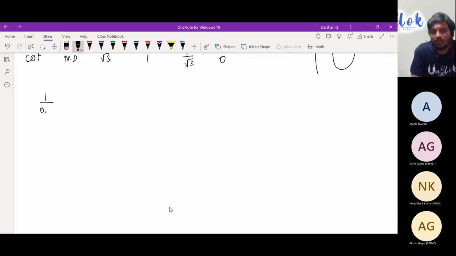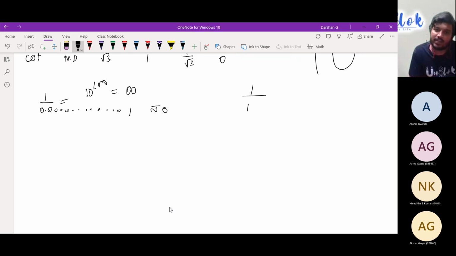If I say 1 by 0 is not defined, how do we say it is not defined? I'm saying not defined is nothing but infinite. So if I take 0, I'm assuming a very small value, 0.000000000000001, which is effectively equal to 0, right? So if I assume this, 1 divided by so many zeros and 1, the number is so big, something like a trillion or more than that. So a very big number, say 10 to the power of 100, which we call indefinite, or infinity. So this is how 1 by 0 equals infinity.